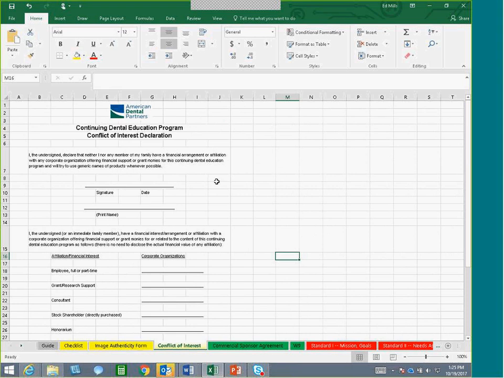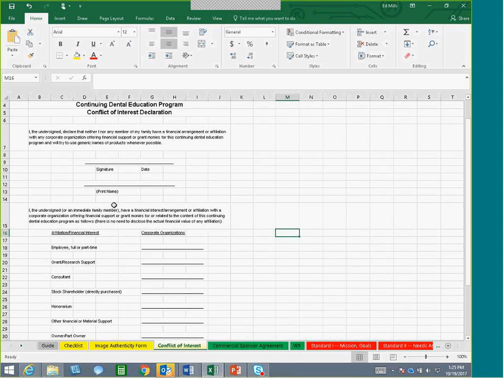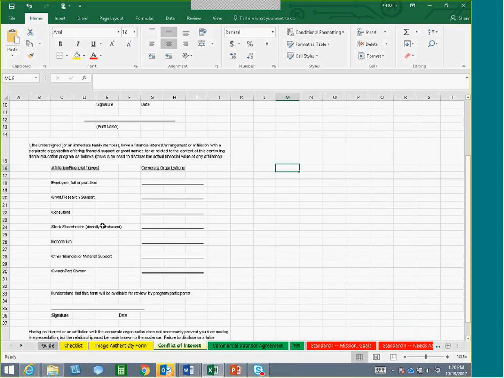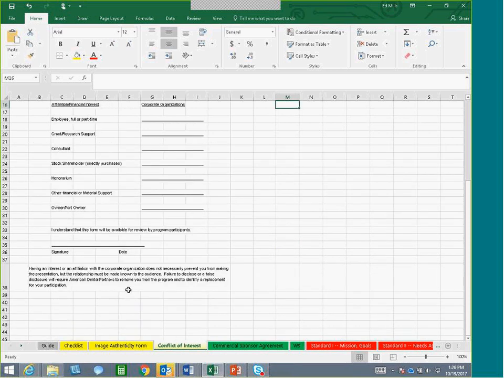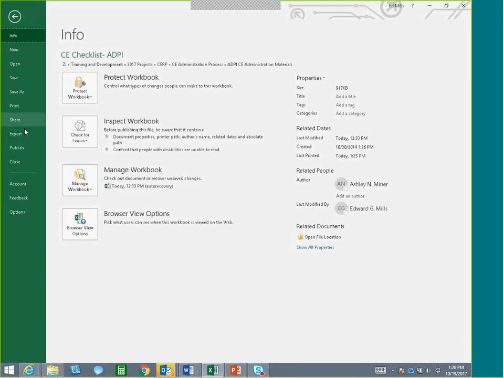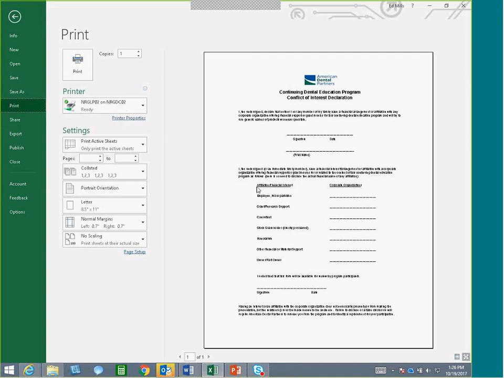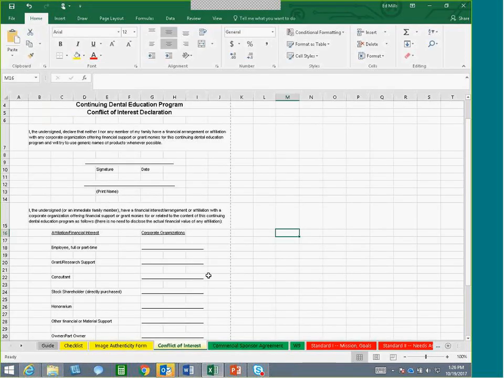Next is the conflict of interest. Again, whoever is delivering the CE needs to fill out a conflict of interest. If they present CE on a regular basis, they'll be familiar with this. They'll say, oh yeah, send me the conflict of interest, I'll get that back to you. They sign it, they date it, they print it. If there are any unusual situations, they document those on here. They send it back to you. Again, if you do File, Print here, it's formatted nicely. You print, scan, and email it to them, and they'll get it back to you.